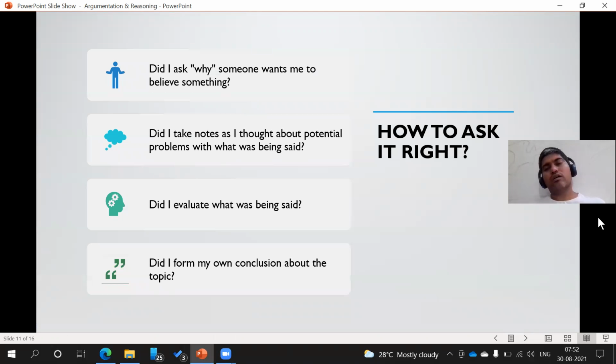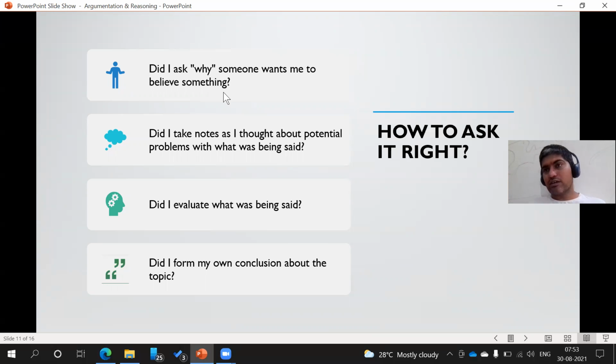Now, how do you look closely at the argument while you are arguing? How do you actually consider what is being said and when to believe something or not believe something? Always ask why someone wants you to believe something. What is the agenda behind the person? And agenda needs to be separated from the quality of argument. Maybe there is a particular agenda, but despite the agenda, or in the absence of an agenda, the argument is very strong, very rational, etc.